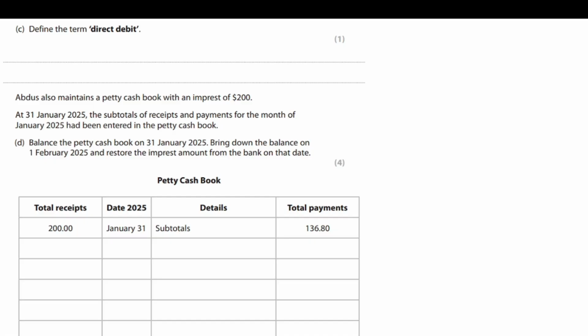So the business authorizes a third party to withdraw the same amount every month. So you can write this as business authorizes third party. It can be a bank or a supplier, for a fixed amount